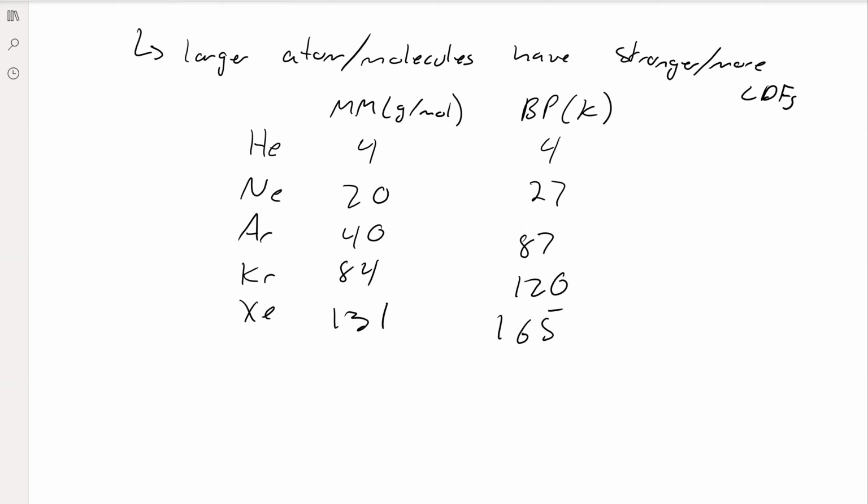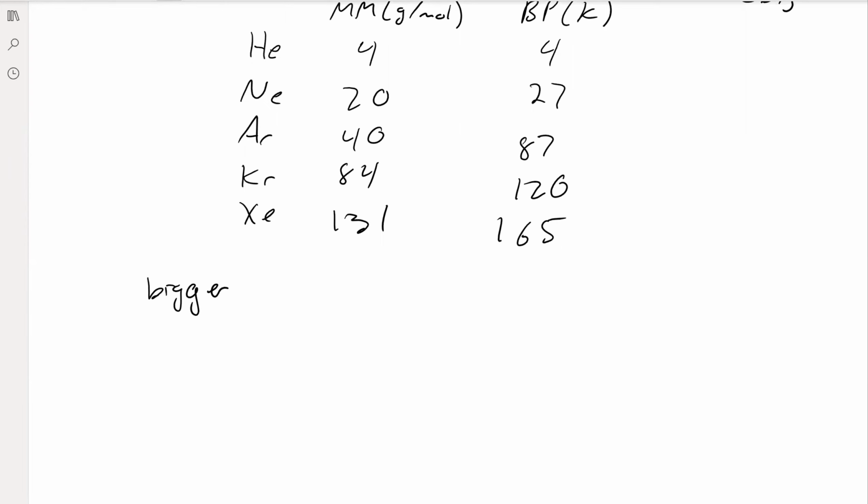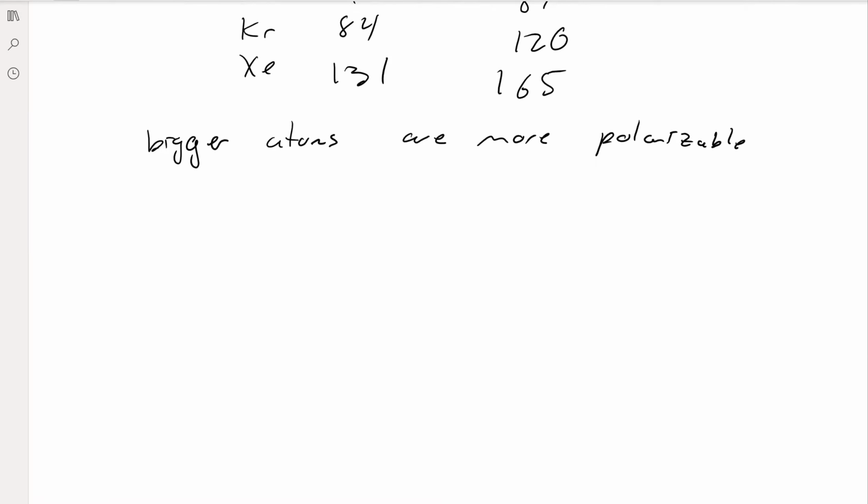The larger your atom, the more electrons you're going to have, the stronger the London dispersion forces. And it's not really just about the mass, but it's about the size. Bigger atoms are more polarizable. And what polarizable means is how easy it is to have some kind of dipole induced onto it. So if you think about something very small, like a helium atom,